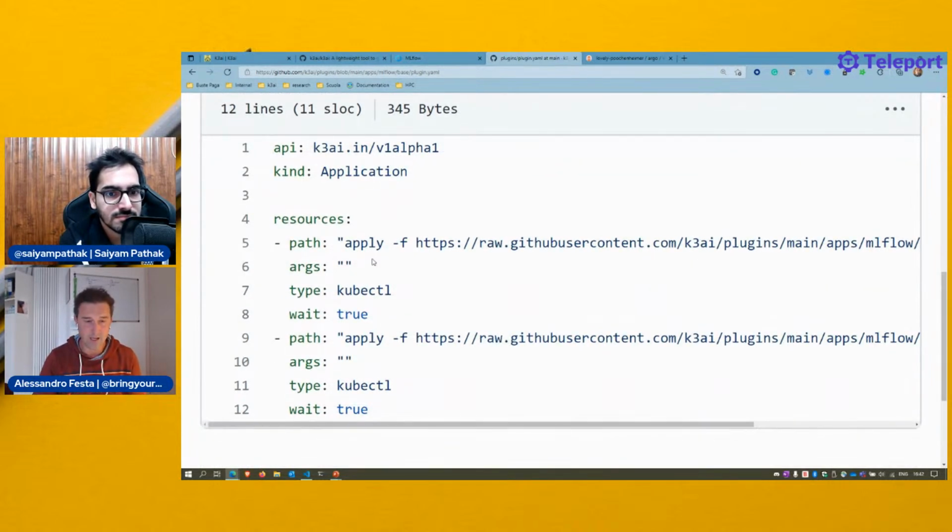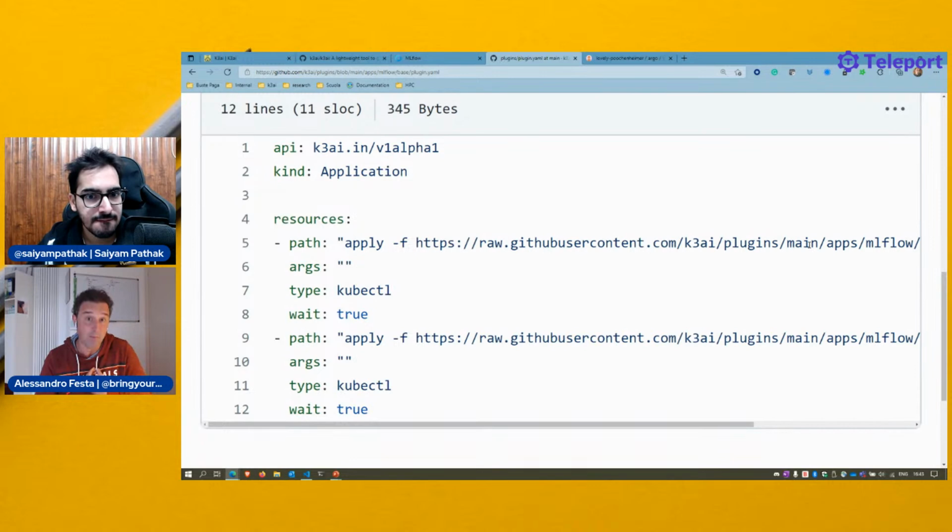Path. And we do support kubectl. Literally, we are executing kubectl commands. Kustomize, we execute Kustomize commands. Helm, we execute the chart. Shell, we execute a shell binary directly on your laptop. So basically, I'm going to add PowerShell along with the Windows support as well. And you get basically a path, like in this case, a kubectl command. Apply those manifests, the upstream manifests from MLflow.